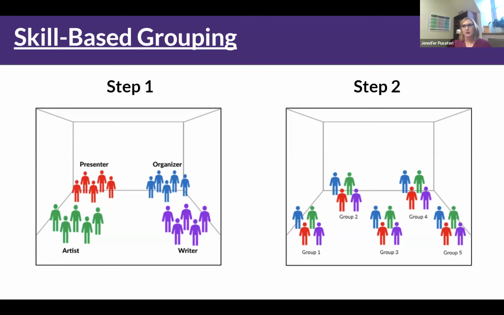Because a lot of the issues that come up in group work have to do with people not knowing what their roles are, not knowing what's expected of them, and also sometimes they feel like they're doing something that they're just not super great at. So when we can put them into a group already feeling like they've got some skills in that thing, and they know what their role is, that will eliminate a lot of the issues that we have when we're working with neurodiverse students in small groups.